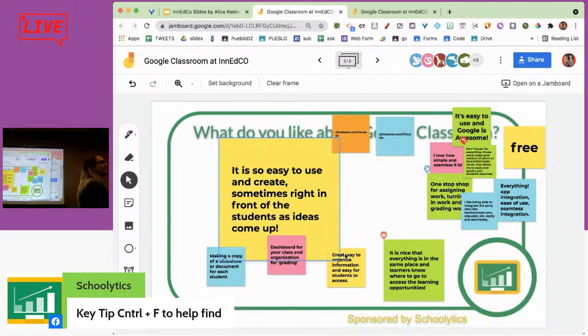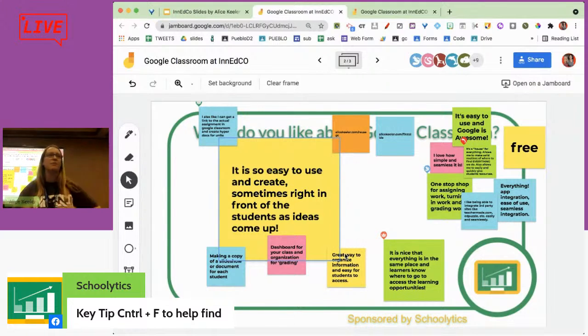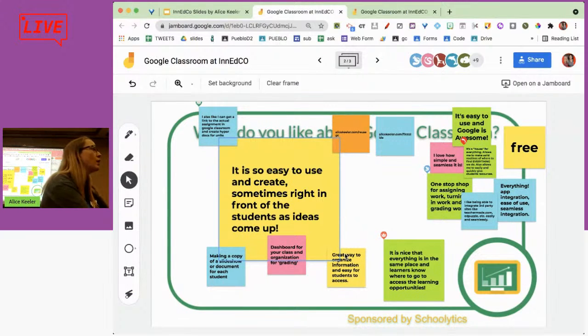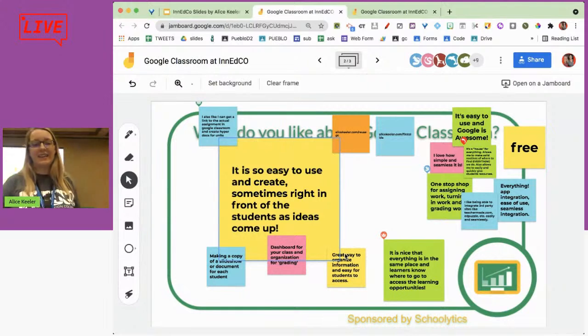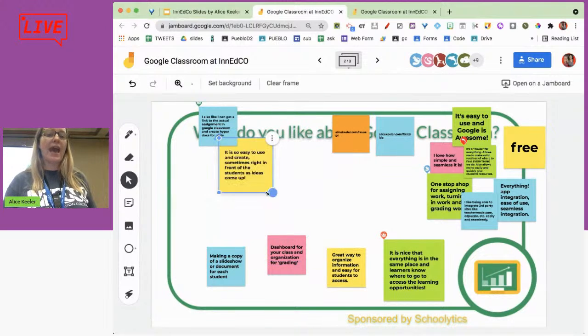Yes, yes. I don't try to do my lesson planning more than 3 days in advance because if my lessons don't change in the next 3 days, then I'm teaching content, not students. Something should happen that makes me say, oh, tomorrow I need to respond to my formative assessment and do something different. This thing I thought I was going to do, oh, there's a band trip, so maybe I'm not going to do that. And so I like how I can just on the fly add new things.